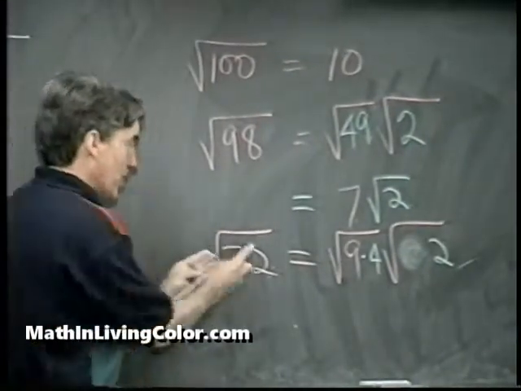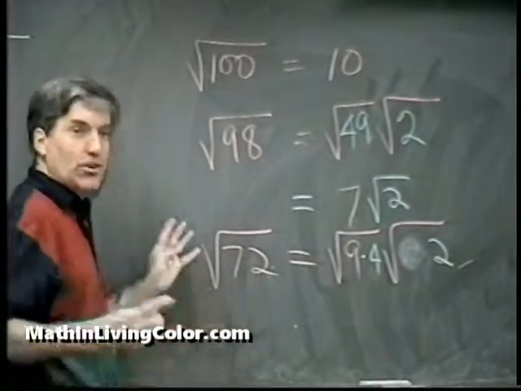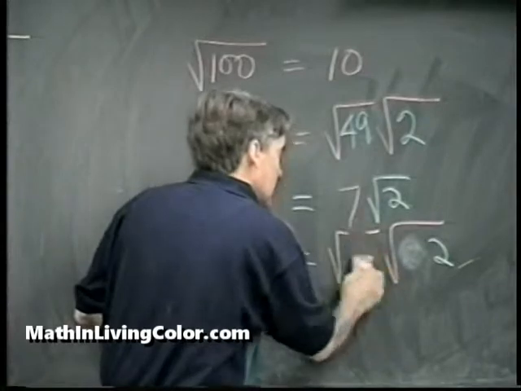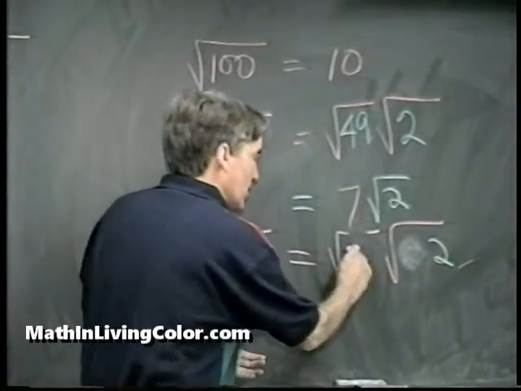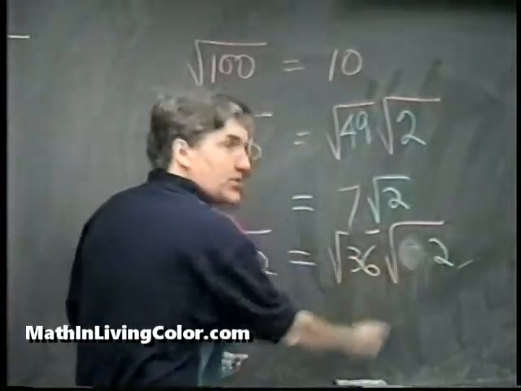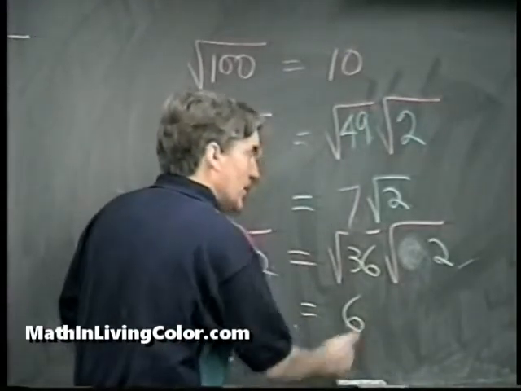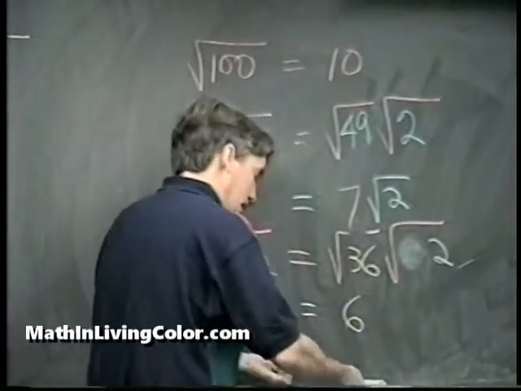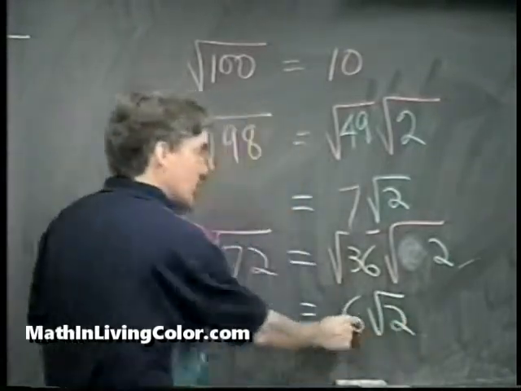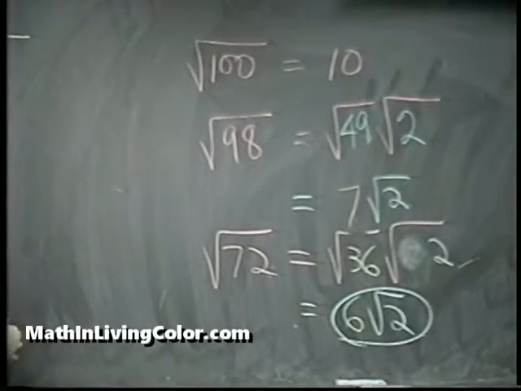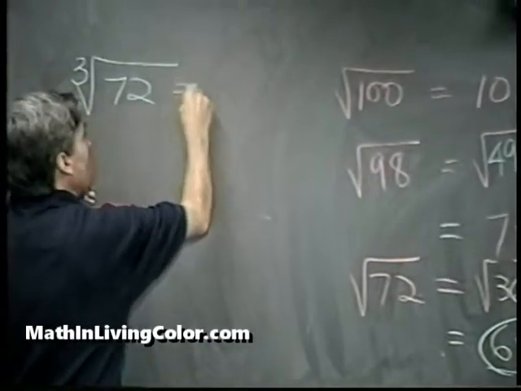Now, it would have been better if you look at 72 and just get 36 right up front. Get 36, put 36 times 2. That would be probably the best way to do this. 36 times 2, the square root of 36 would be 6. And then the square root of 2, we'll just leave it as the square root of 2. So the answer is 6 times the square root of 2. Okay? Now, if I'm talking about the cube root of 72, now what I want to do is get 2